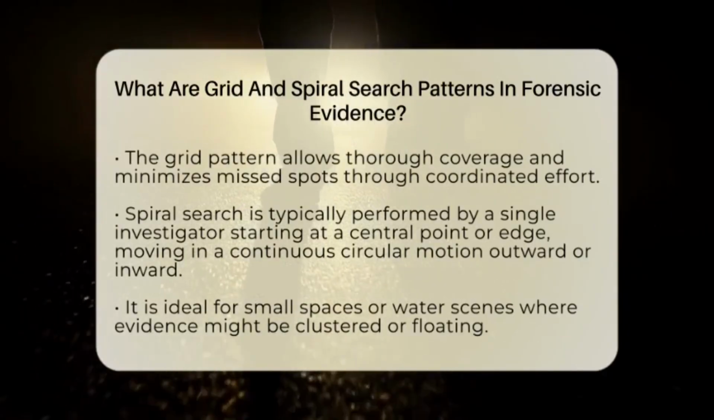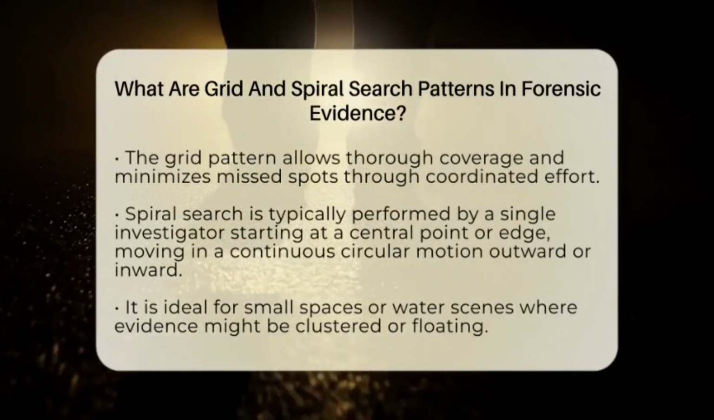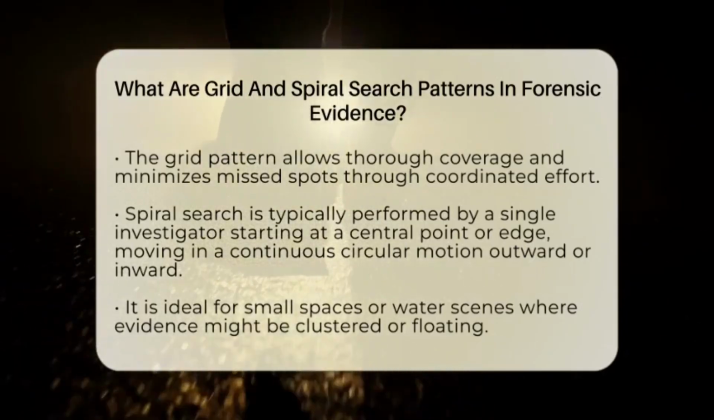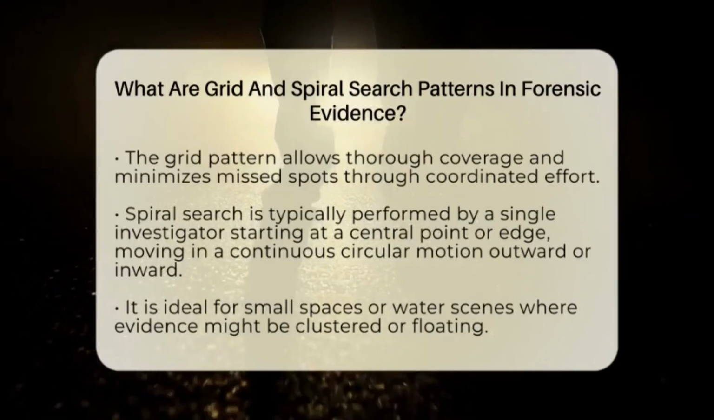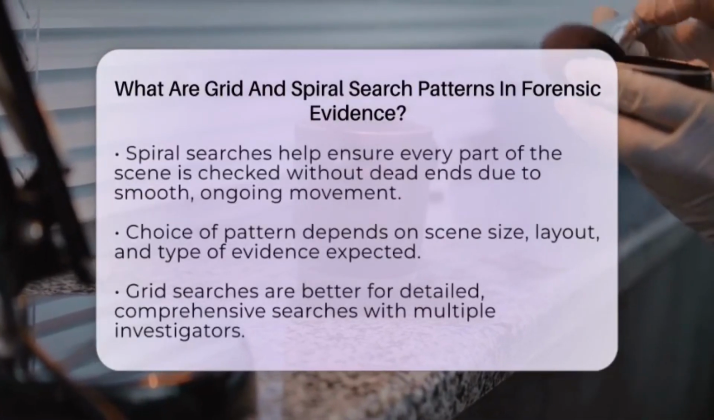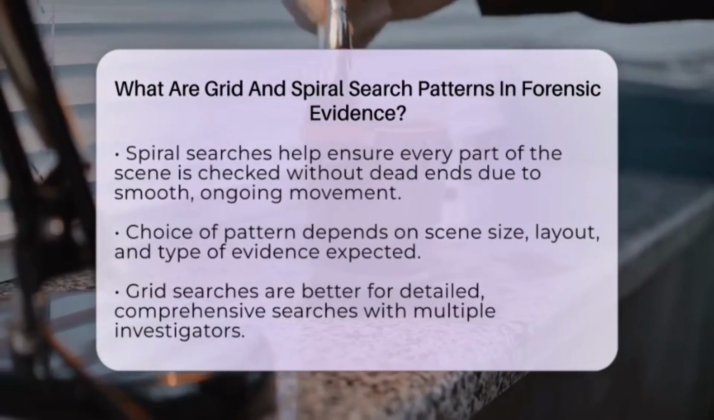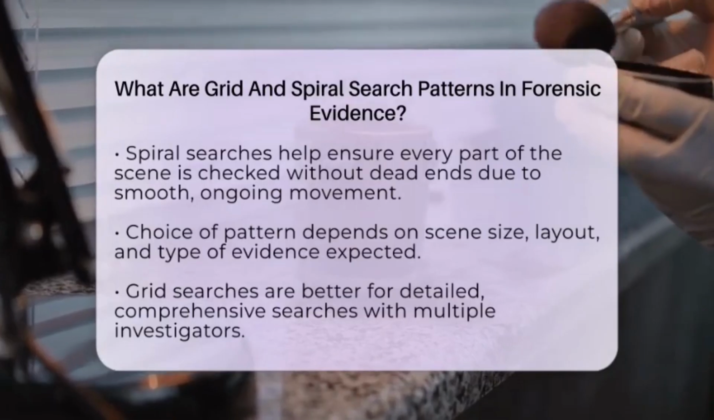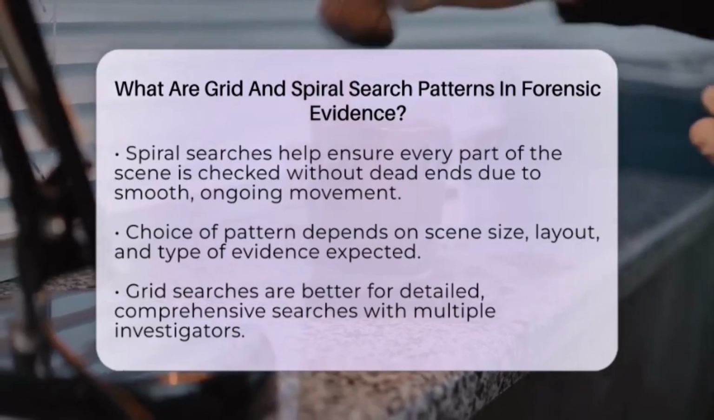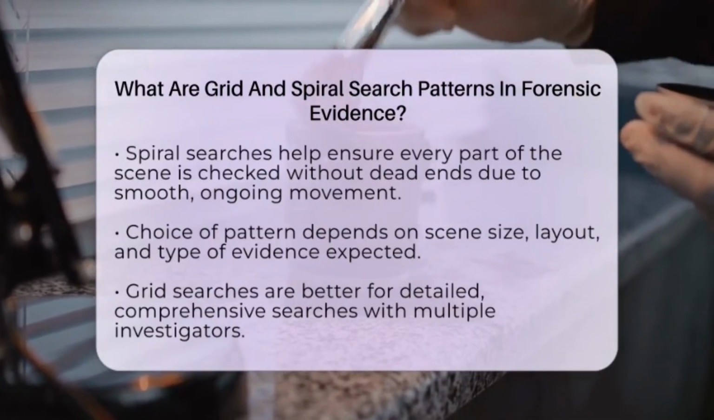On the other hand, the spiral search pattern is usually done by a single investigator. They begin at a central point or at the scene's edge and move outward in a continuous circular motion. Alternatively, they might start at the outer boundary and spiral inward. This method is great when the evidence is suspected to be concentrated around a specific point. It's often used in smaller spaces or in water scenes where evidence might be floating or clustered. Spiral searches help avoid dead ends because the investigator keeps moving in one smooth motion, ensuring every part of the